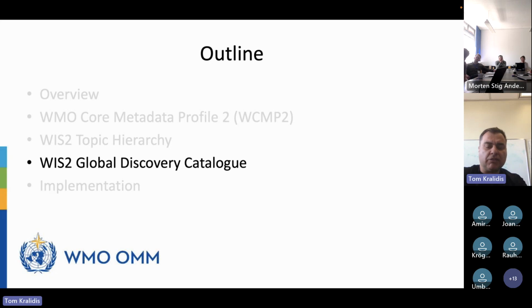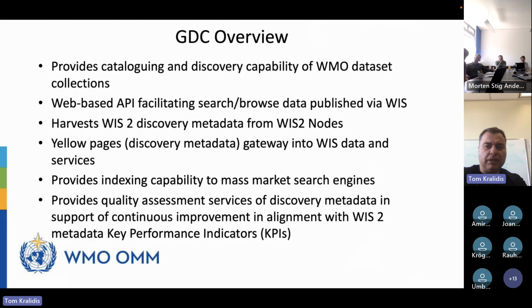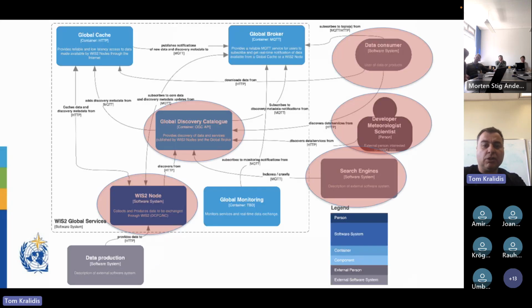The WIS2 Global Discovery Catalog itself. So the catalog hits a number of different pieces of WIS2 just the same. You can see the catalog is basically ingesting metadata from a WIS2 node, and then it is making that metadata, the WCMP2 metadata, available through an API. And the API can be used by whoever has access to it,